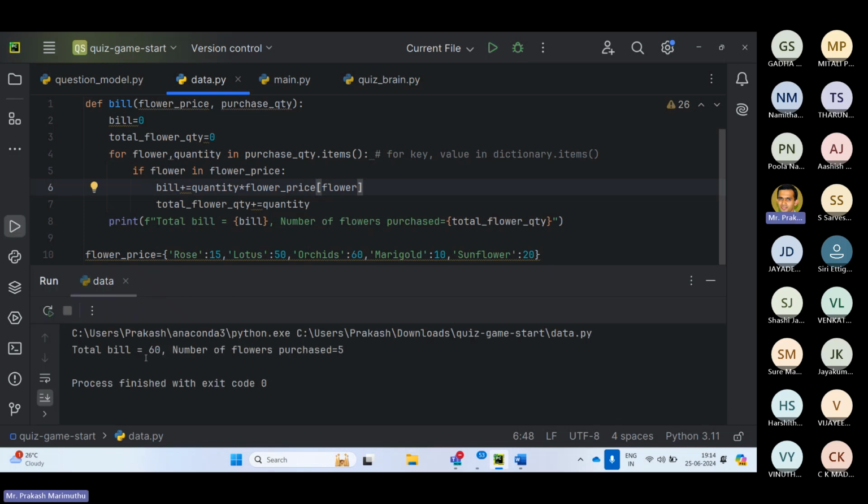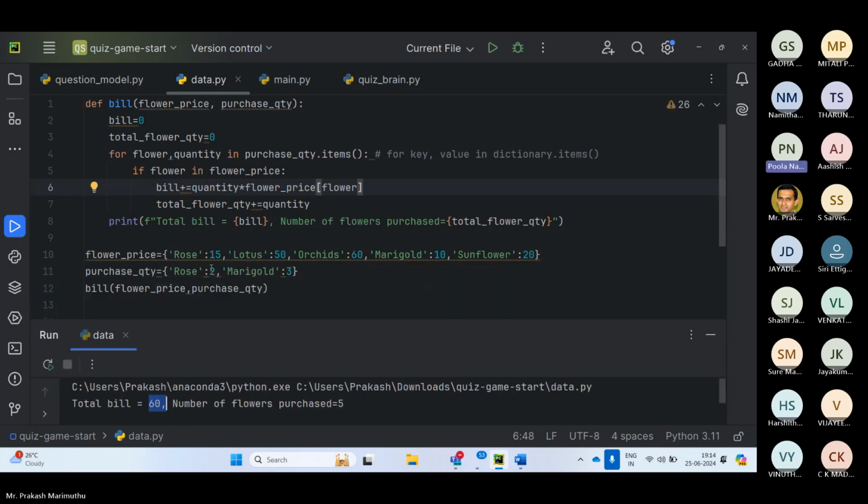It says total bill is 60. Number of flowers purchased is 5. So you see the menu and see 2 and 3. 2 plus 3 is 5. That is 5. Then 2 into 15 is 30. And 3 into